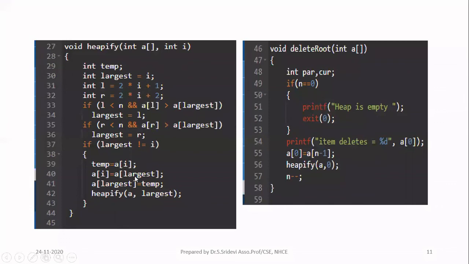So when they are not equal, I have to do the swapping. For that, I am writing 3 lines to swap A of largest and A of I. Once I do that, I might have swapped one subtree. Then I have to continue the process again with the current root node in the subtree of that root node. So for that, I have to call the heapify function again. Now I am calling this function by passing the entire array, but this time I have to pass the index of the current root node. When I started, you can consider line number 56, my root node was available at the index 0, so I called the heapify function with the index 0.